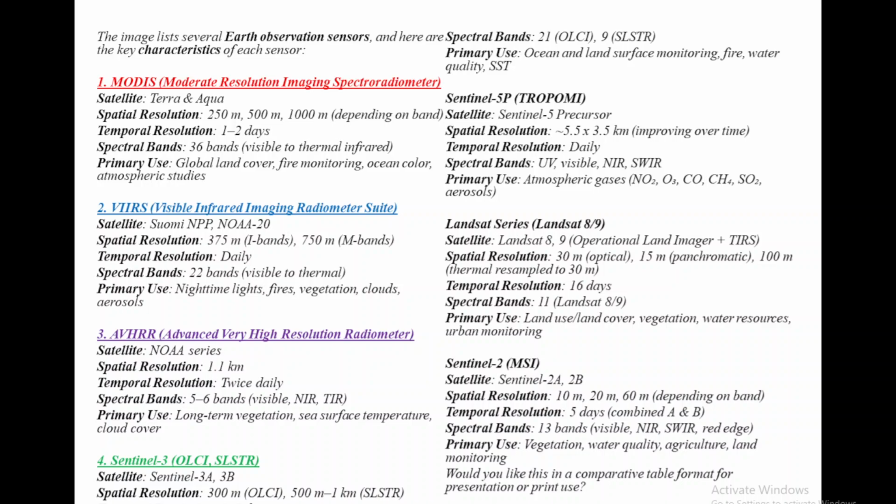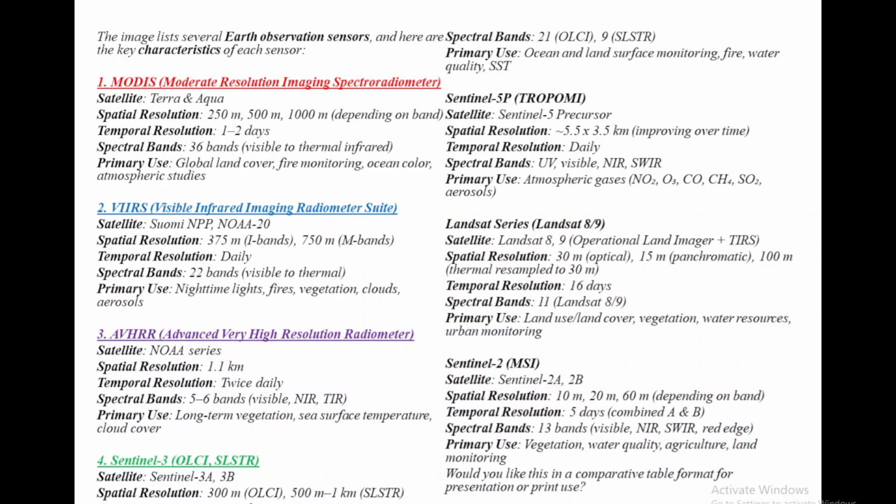Now, data from these sensors are increasingly accessible via platforms like Google Earth Engine, Copernicus Open Access Hub, or NASA's Earth Data Portal. So these are the three portals from where we can directly access these data without any investment. Now we will just focus on Sentinel 5P satellite, which has unique capabilities for high resolution pollution mapping, and which is also at the center of our first module.